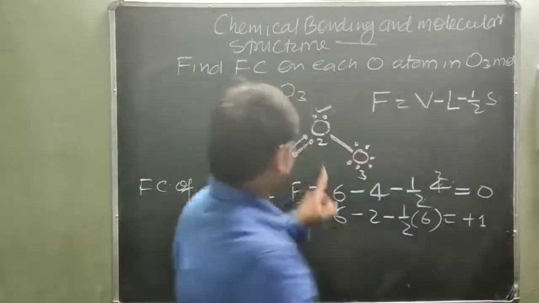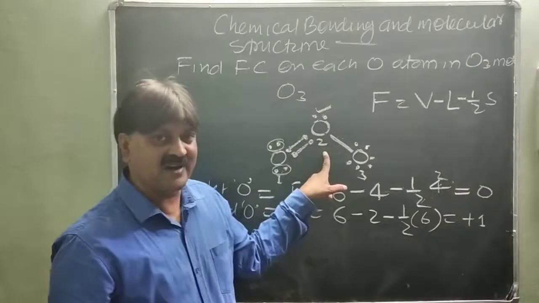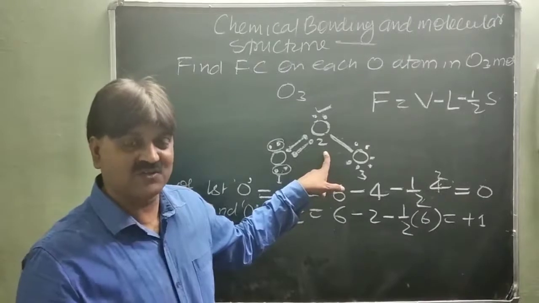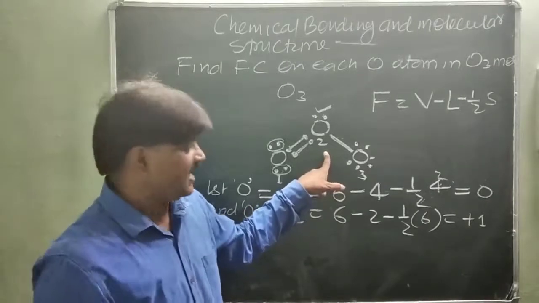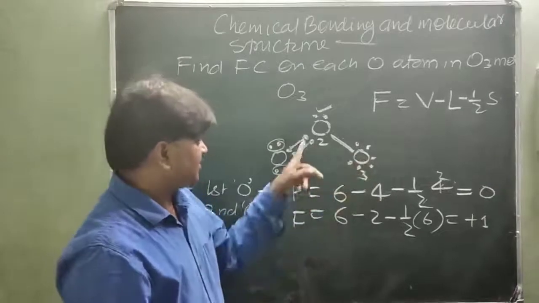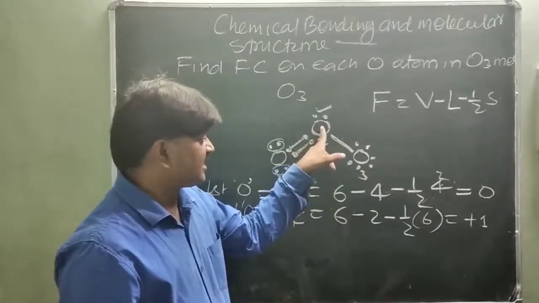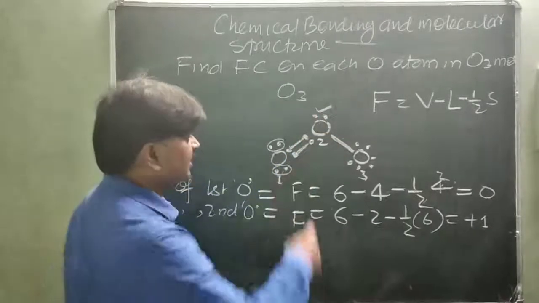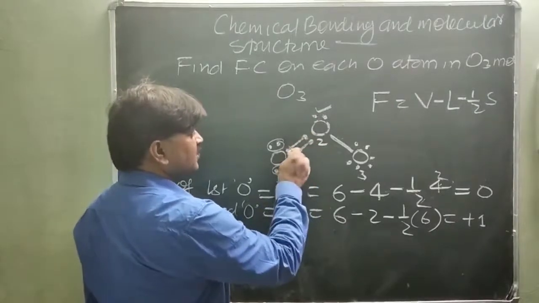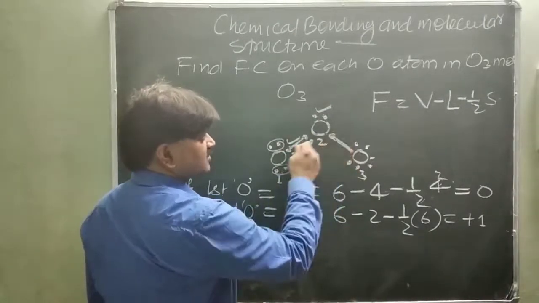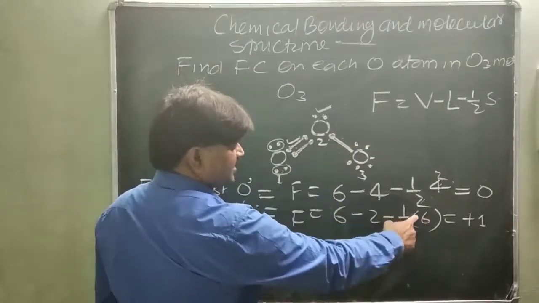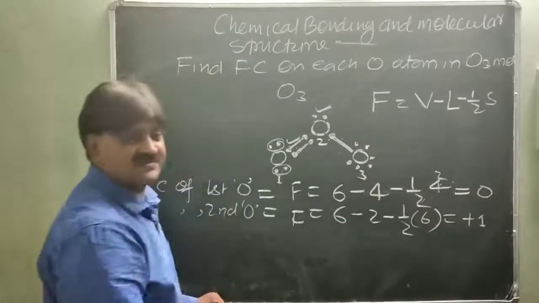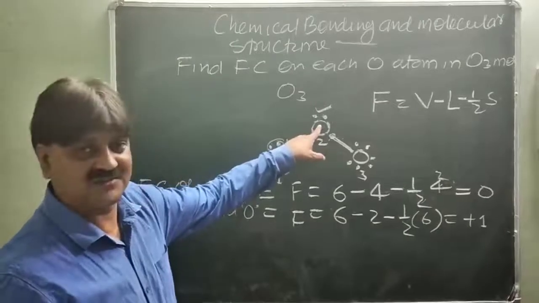So this oxygen has a plus 1 charge, but it does not appear at this oxygen. But the charge is present. So this charge is called the formal charge. At this oxygen you have to calculate plus 1. The number of valence electrons is 6. Number of lone pair electrons is 2, minus 2. Number of bonded electrons: this oxygen is bonded with 4 to this oxygen and 2 from this oxygen, total 6. So half of 6 is 3, minus 3 and minus 2, minus 5 and plus 6. 6 plus 6 minus 5 is equal to plus 1. So a plus 1 charge is present at this oxygen.